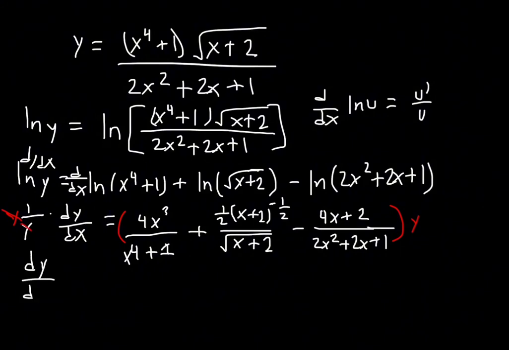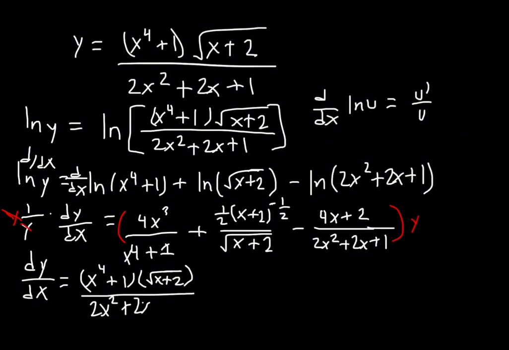So dy/dx is equal to, so earlier we said that y is equal to this thing: x to the power 4 plus 1, square root of x plus 2, over 2x squared plus 2x plus 1, times 4x cubed over x to the power 4 plus 1, plus